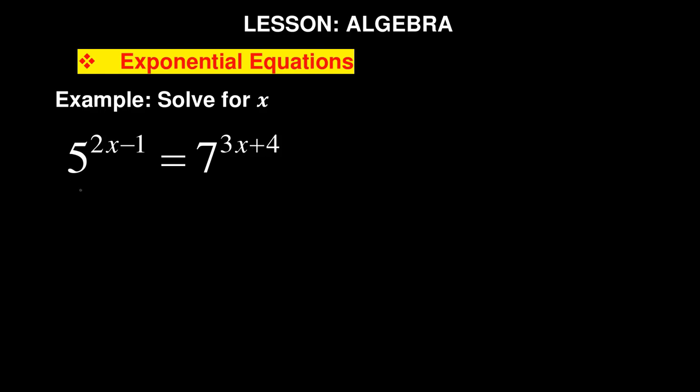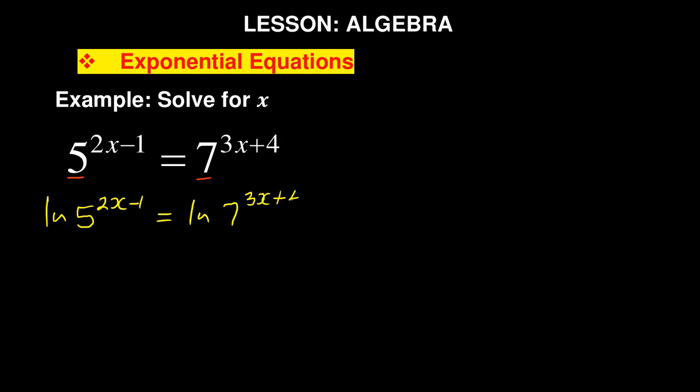The first part that you need to recognize is that the bases are different. We have got 5 here and the base here is 7. The most important thing there is to introduce ln. So what you do, you just write ln 5 to the power 2x minus 1 is equal to ln 7 to the power 3x